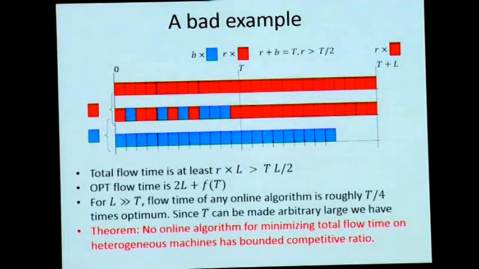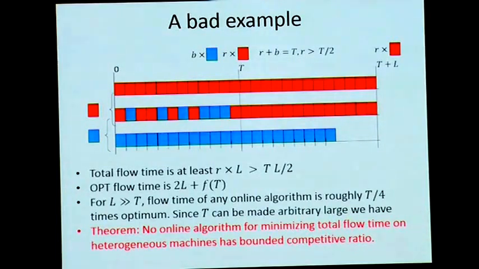Suppose you knew what the future was. What would you have done? Suppose you knew that from this time onwards, I'm only going to get red jobs. What would you have done? Right? You would have finished off all the red jobs before. Remember, at each time step, you are getting 2 red and 2 blue. Potentially, you could have serviced both those 2 reds at every time step. So that at this time, you had no red outstanding. You had some blue outstanding, but those blues could then be serviced here.